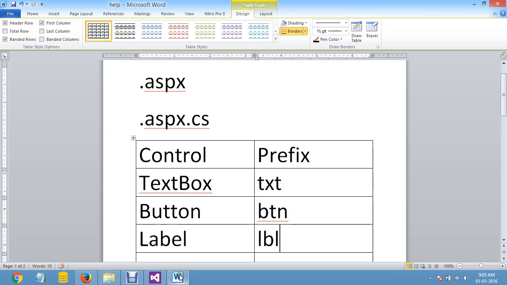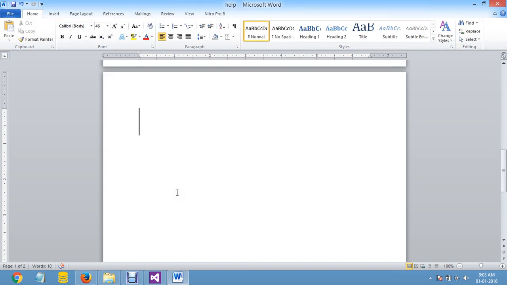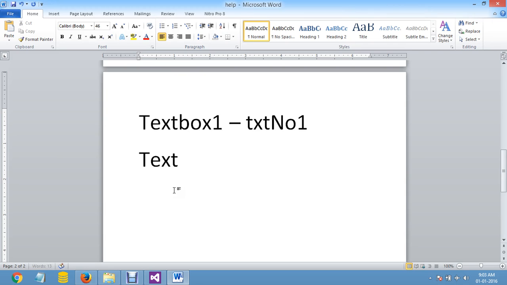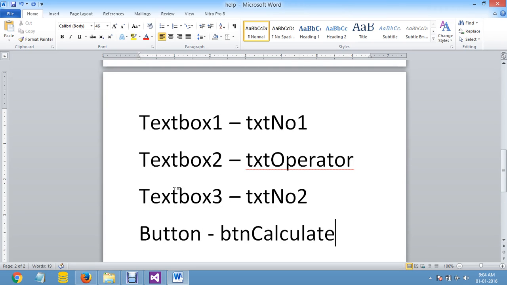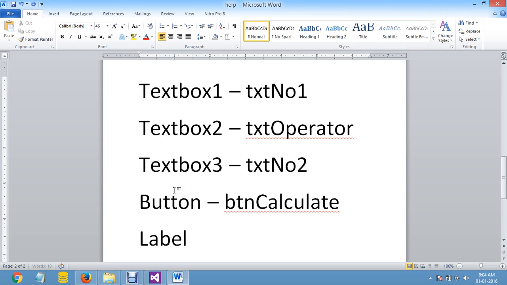The second homework, or not homework but lab work, in which you write down text box 1, give the name txt number 1, text box 2, give the name txt operator, then text box 3, give the name txt number 2, then a button control btn calculate, and then a label control lbl,